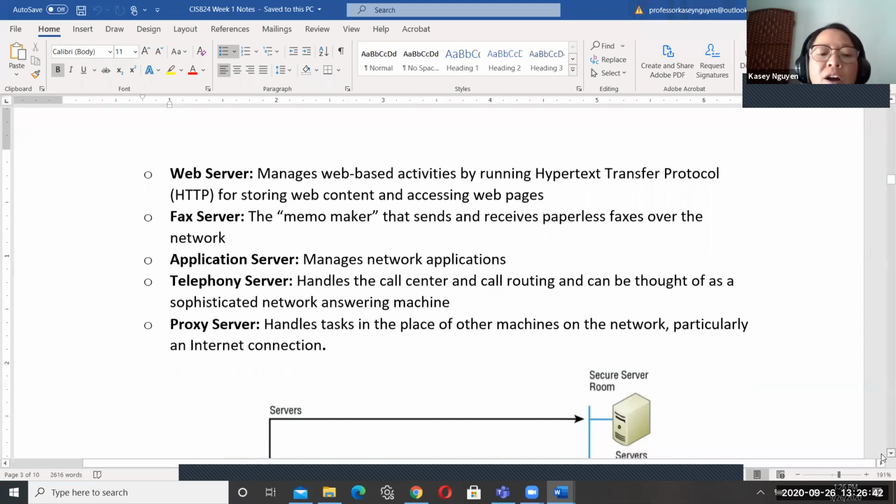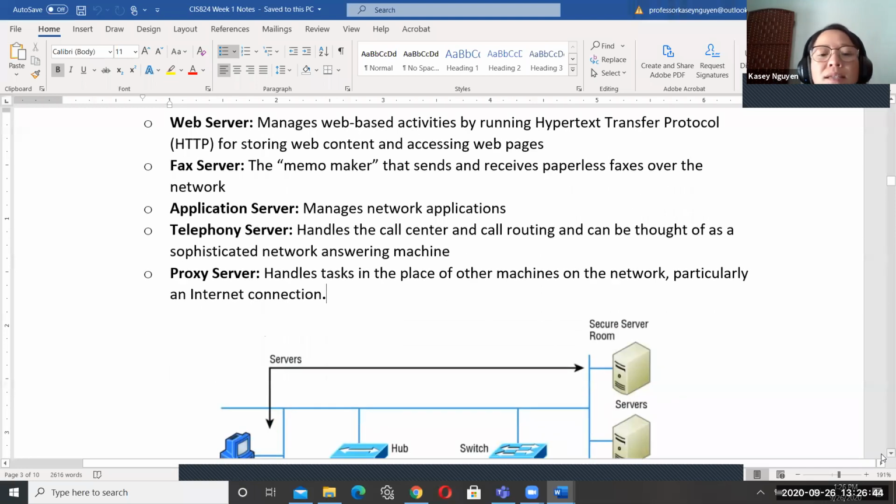Proxy server, I call this the traffic police. Since school days, I always use that. When proxy server comes to mind, I always think about the traffic police. What it does is it handles tasks in place of other machines on the network, especially with the internet connection. The reason why I say it's a traffic police is, let's say that